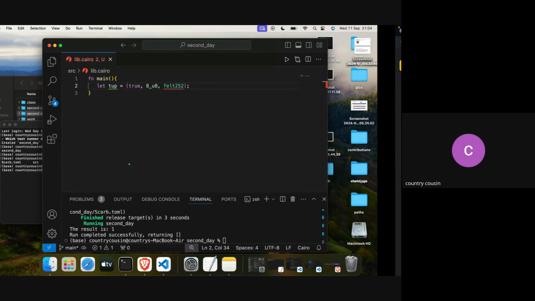The same, basically. So if we want to destructure this, all we have to do is we say let's use the parentheses as well and call it